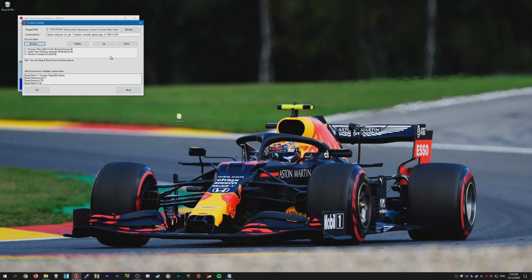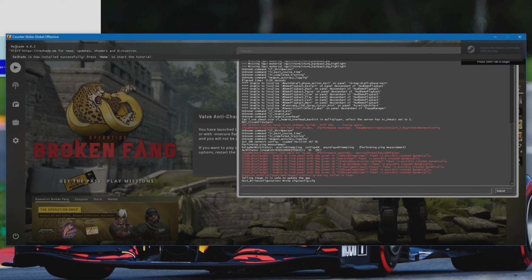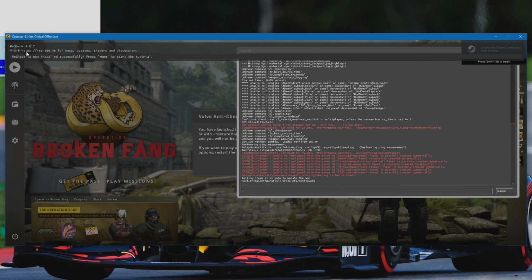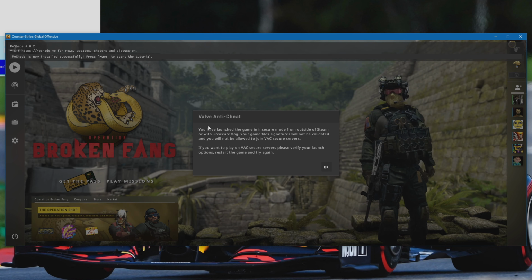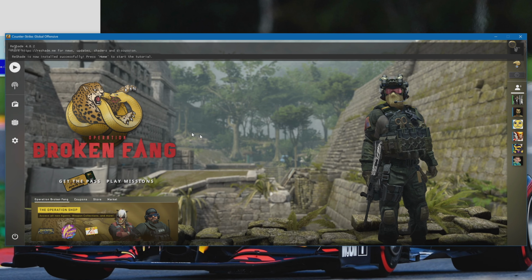Alright, once you have everything set up in HLAE, just press OK and CSGO will launch. Alright, so once you're in CSGO, you should see at the top of your screen, Reshade is now installed successfully. You can go ahead and close the console. If you have this Valve anti-cheat notification pop up, that means HLAE is working. Just press OK. Go to your video settings